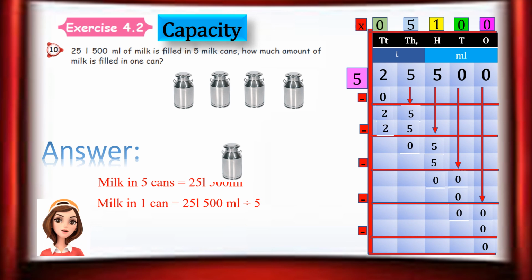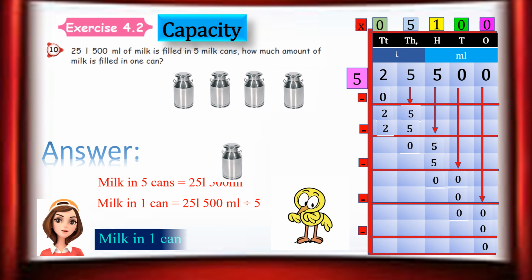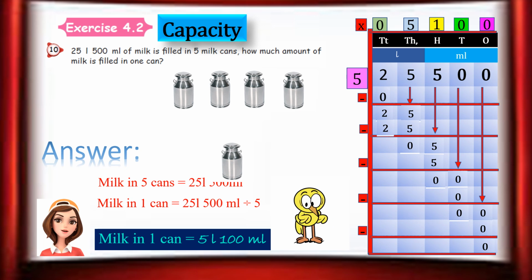That's it. So லிட்டருக்கு மேல இருக்கக்கூடிய 0.5 ன்னு சொல்ல முடியாது. So 5 is the answer for liter, and then milliliterக்கு மேல இருக்கக்கூடிய 100, 100 is the answer for milliliter. That's it. அப்படின்னா milk in 1 can is equal to 5 liter 100 ml. If you have this doubt, you can multiply 5 liter and 100 ml into 5. அதை 5 ஆல மல்டிப்ளை பண்ணீங்கனாலே உங்களுக்கு இந்த மொத்த குவாண்டிட்டி 25 லிட்டர் 500 ml ஓட ஆன்சர் கிடைச்சிரும். Just check it once. That's it. Very, very easy ma. Just you have to do and get practice.